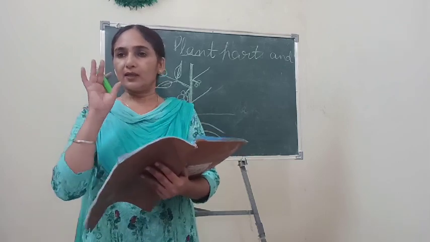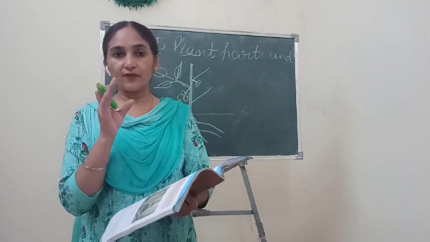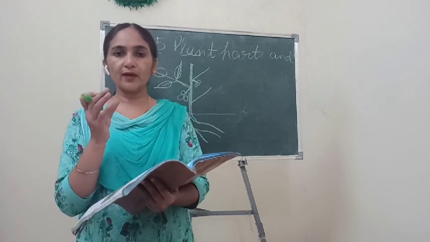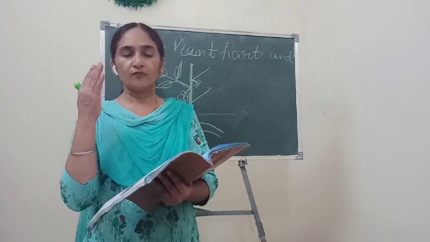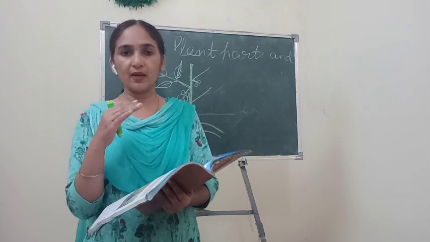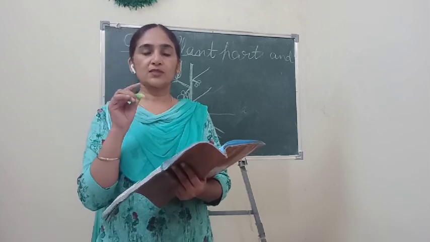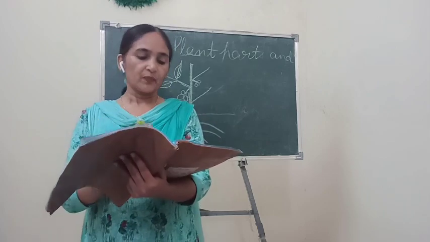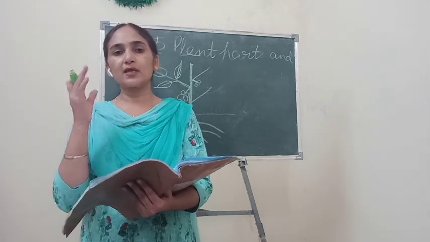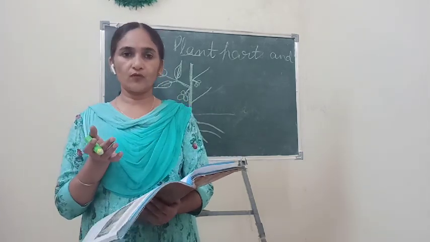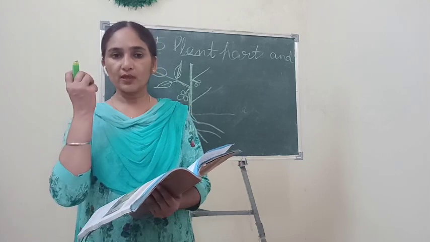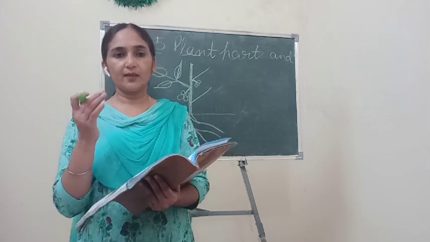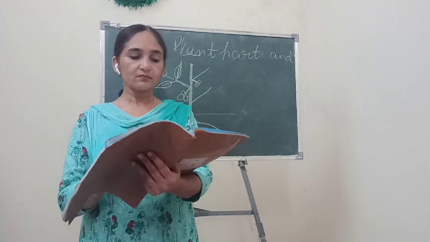So these fruits are fleshy. Fleshy means that food is stored in them so that we can eat them. Means those fruits which are edible, which are fit for eating as food, they are called fleshy. Okay, so they are juicy and fleshy, and they can be used as food for us, and they contain so many minerals and vitamins, which are essential for our body, that we also have studied previously.